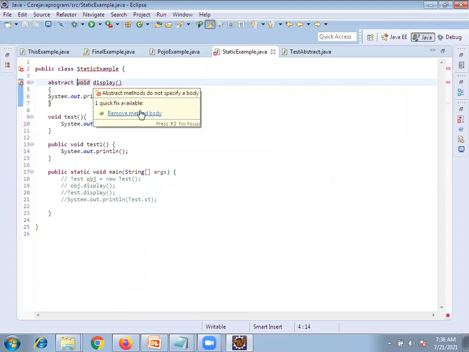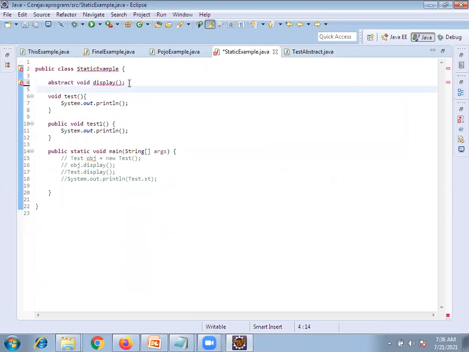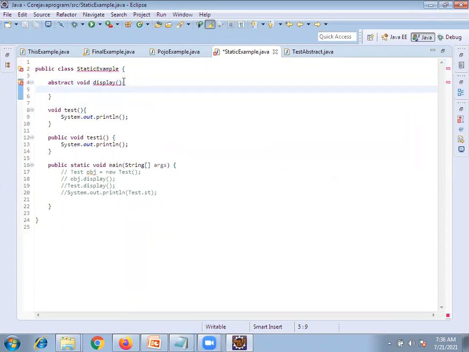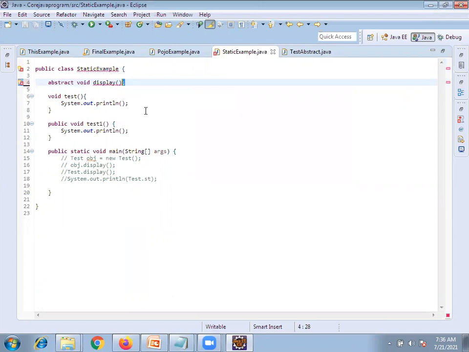See, an abstract method means just defining the skeleton. If you are defining the skeleton, it will be abstract, meaning we do not have any body. So an abstract class is nothing but just defining the skeleton.